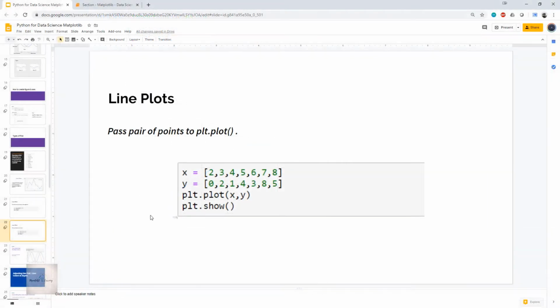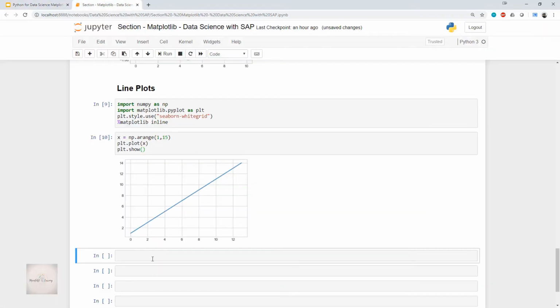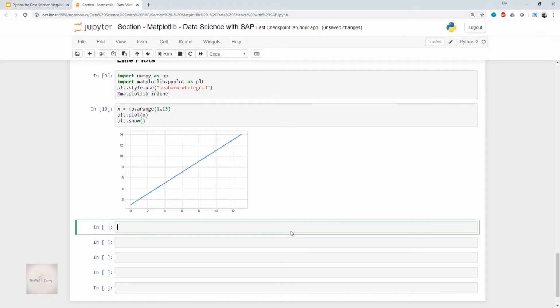Okay. Now to create a line plot for pair of points, we just have to pass the pair of points to the plt.plot function. So now let's see how it looks. Let's go back to our Jupyter notebook and I'll write the code this way.